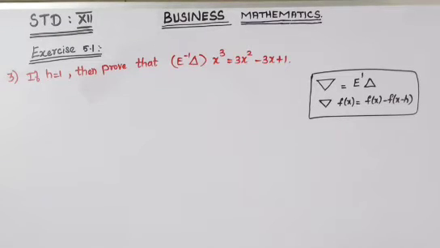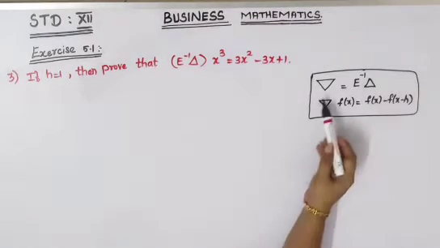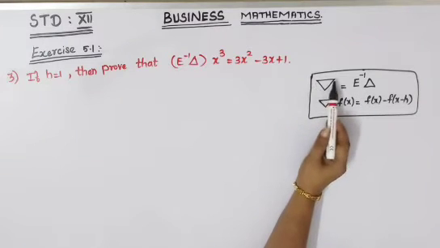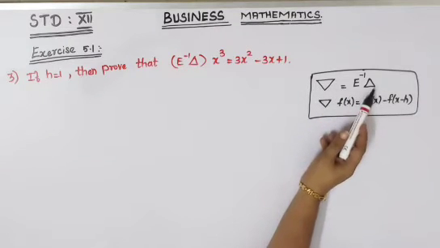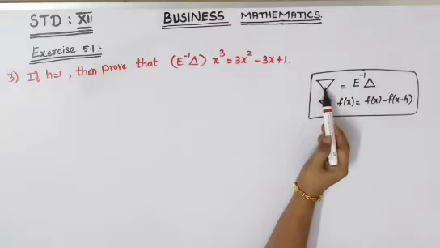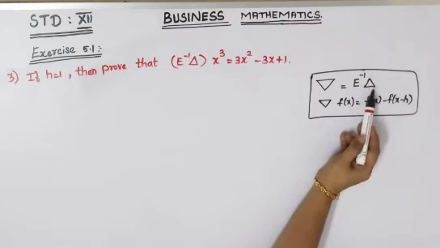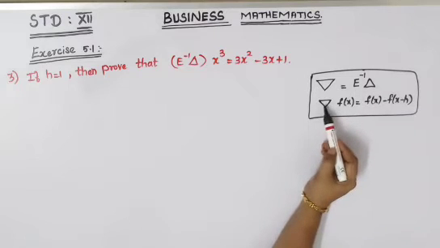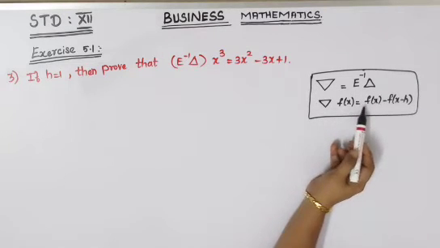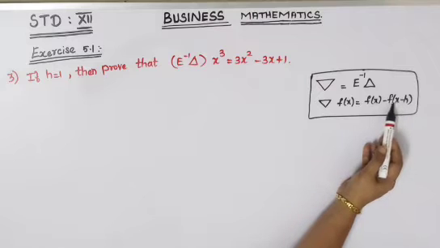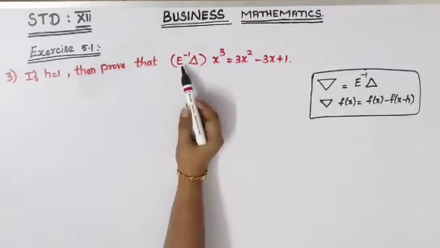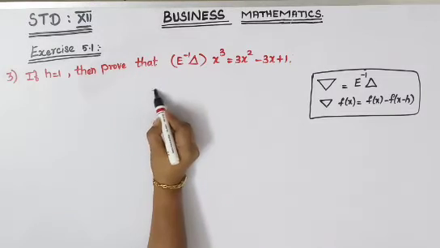Third question: if h is equal to 1, then prove that E inverse delta x cube is equal to 3x square minus 3x plus 1. We can use these two formulas. This upside-down delta is called nabla. Okay, so this is delta and this is nabla. So nabla is equal to E inverse delta, this formula you can use. And again, nabla f of x, your formula is f of x minus f of x minus h. So we have E inverse delta, that is nabla